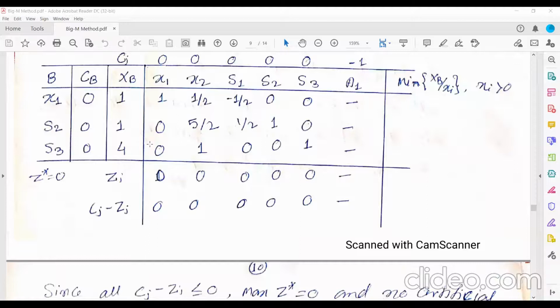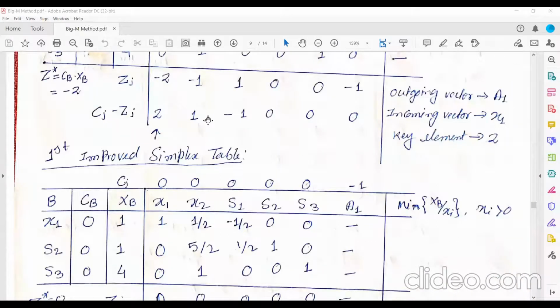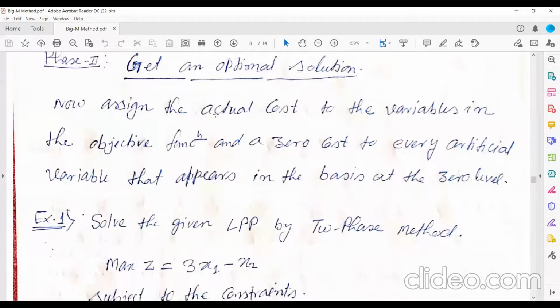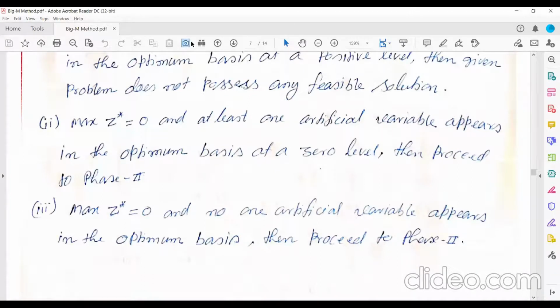So what are we checking? We are checking the conditions. Under what condition does it fall? So here, because max Z star is 0, and at least one artificial variable appears in the optimum